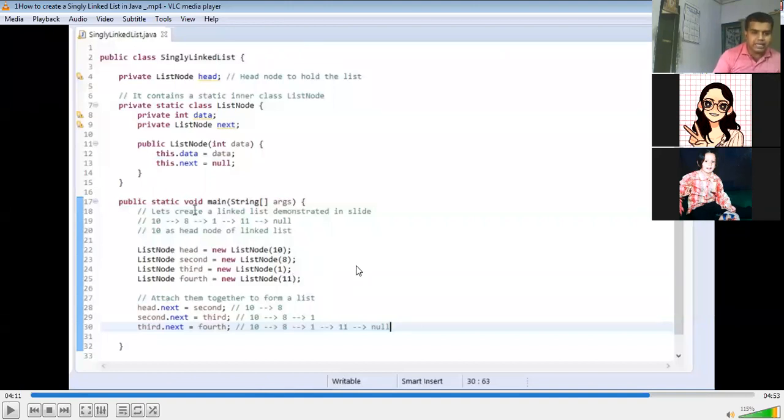But to link each and every node together, you cannot use the for loop. The reason is that, as you can see here, the next command is holding a memory address, and this memory address is actually a random memory address. Random memory address means it cannot be in a sequence of incremented order or decremented order. So that is why the linking has to be done manually